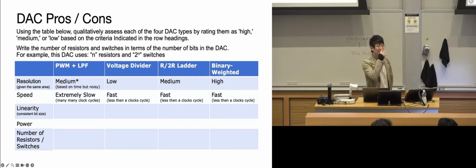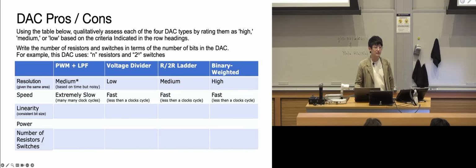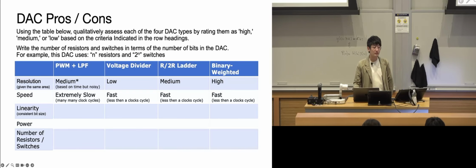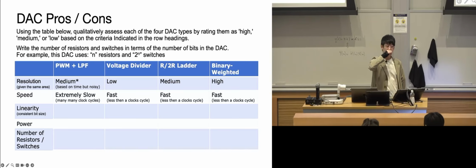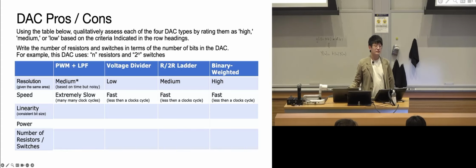Yeah. Would it maybe be the voltage? Well, actually, I don't know. I was thinking the voltage divider might have lower linearity because the error of each resistor compounds. The voltage divider? Yes, because if you have variance in the resistors, wouldn't it compound as you chain a bunch of them together?